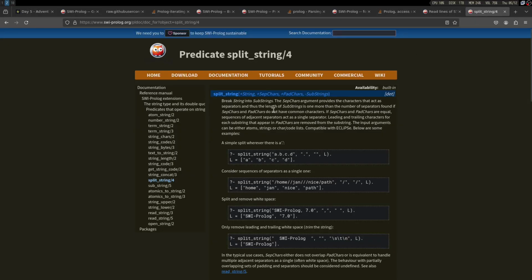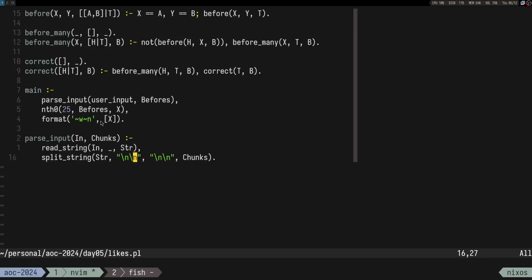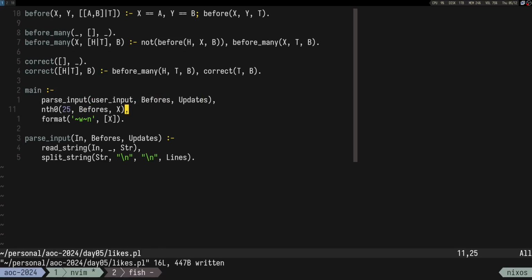So split string takes a separator chars. Oh, okay, so I was wrong about that. So it's doing, this is the separator, so it's working like this. So this is gonna give us lines, befores and updates, right? So then we have to make a proper thing here,